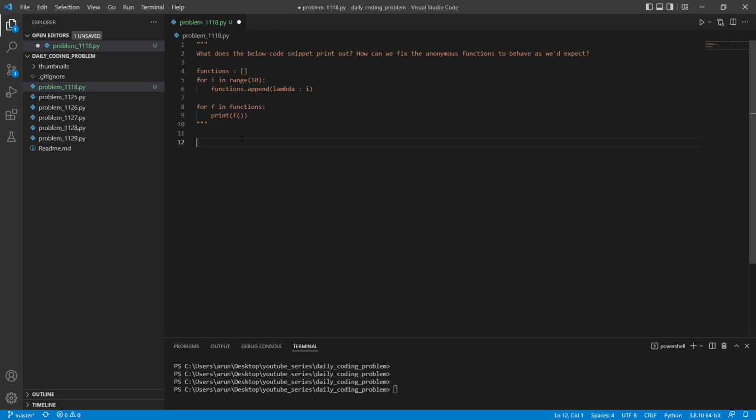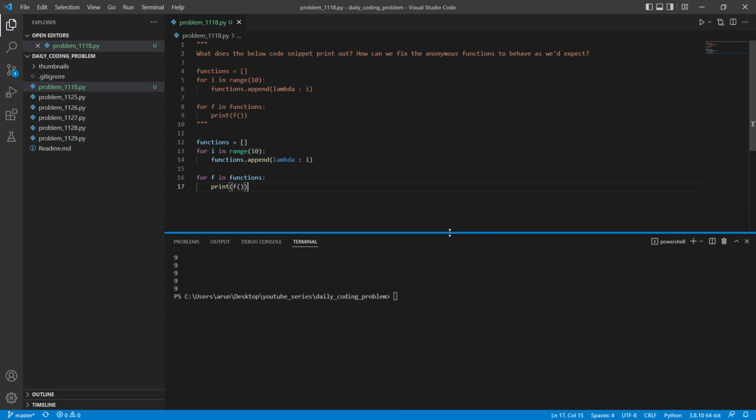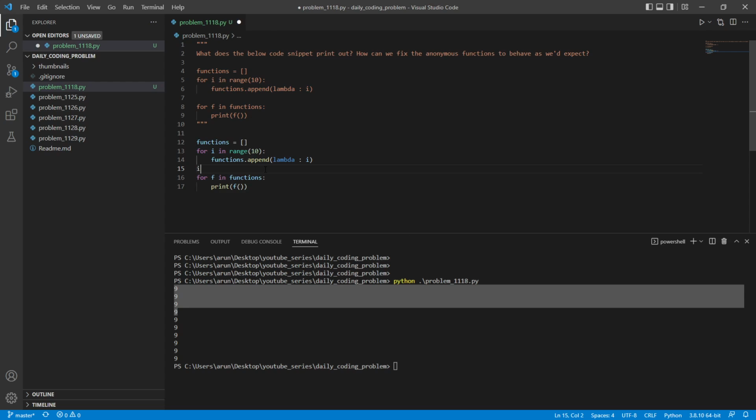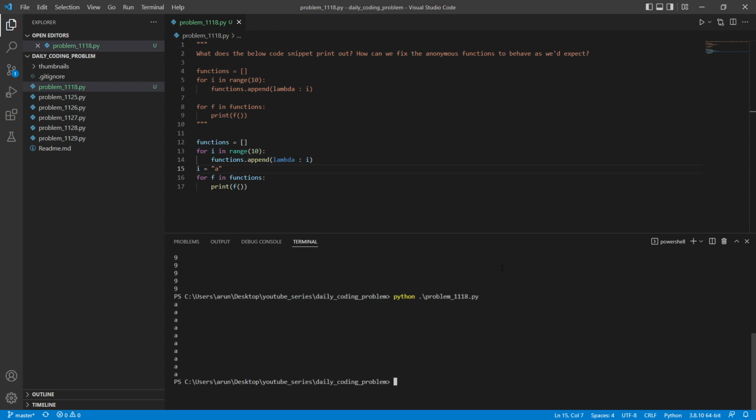Okay, so first guess is it's printing for fn in functions, right? And since it's printing i, it should print the last value of i because you're referencing this variable. Let's verify that. Let's copy the entire code, paste it, save. Okay, so we are printing 9 9 9. If we set i's value equal to a over here and print it back, yes, it prints back a because